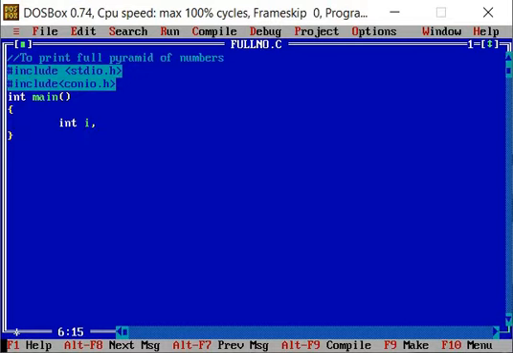int i, space, rows, k = 0, count = 0, count1 = 0. We will clear the output screen.